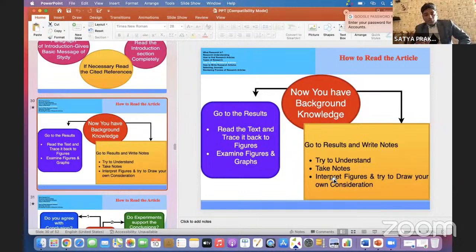If you understand the figures and tables, you can get a better idea than reading the articles. So always focus on the figures and tables. What the figure explains, what the figure wants to describe, you need to explain in your own words. That will help you to write the articles.